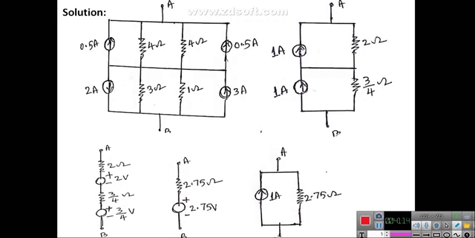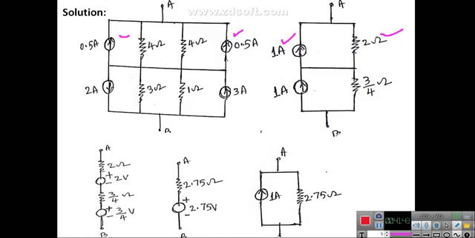Next, once you have converted the voltage sources into current sources, you can simplify. These two are in parallel and these two are in parallel because this is a common point. So these two current sources are connected in parallel, the direction is the same, so the resultant current is 1 ampere. These two resistances are in parallel, so can be replaced by a single one: 4 into 4 divided by 4 plus 4, so the value is 2.